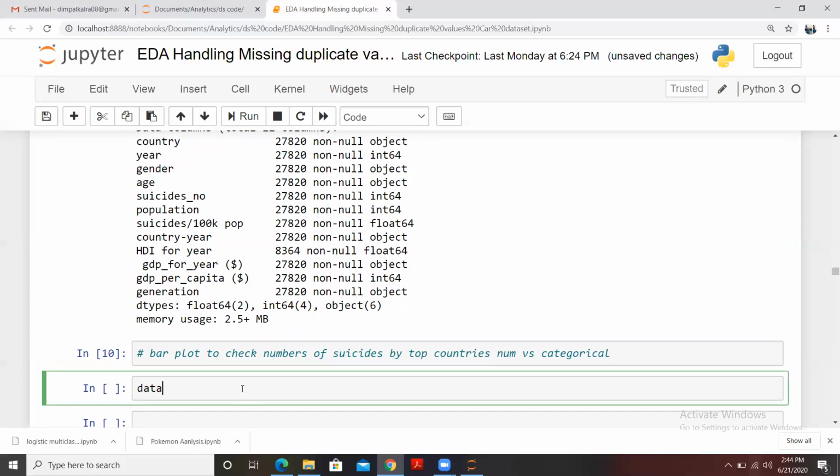So for the plot, let me group my data. Group by country, that is the country column, and I want to do it in correspondence to the suicide numbers.